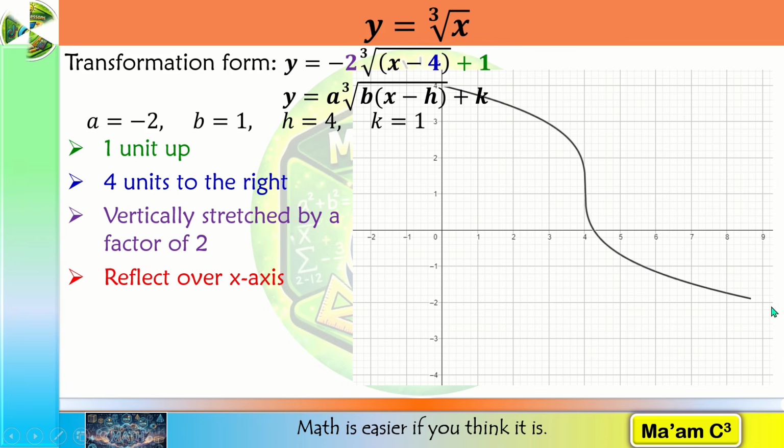Now let us determine our domain. Looking at our graph, since this will extend indefinitely to the left while this one to the right, it means there will be graph on all values of x. So our domain is the set of all real numbers. Same thing with our range. Since this will go infinitely upward, there will be graph on all positive y values. This one infinitely downward, there will be graph on all negative values of y. So the set of all real numbers. And our inflection point from (0, 0) is now at (4, 1), our (h, k).